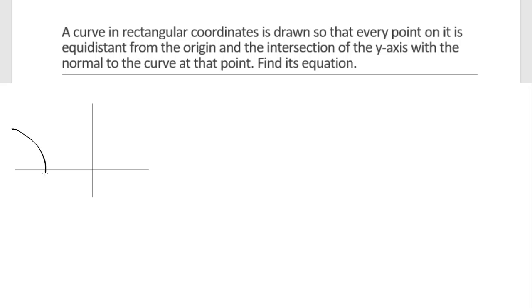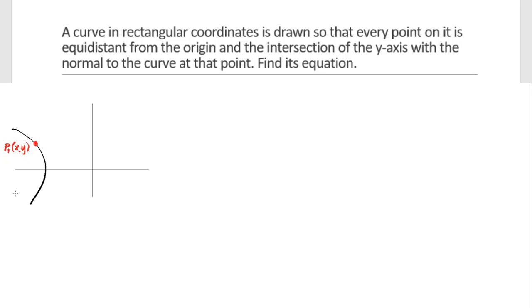We don't know the shape. We have that known curve. Every point on it. So choose any random point. It could be there. It could be there. Any random point. So I will choose this point. This will be my random point, and I will call that point P1 with coordinates xy.